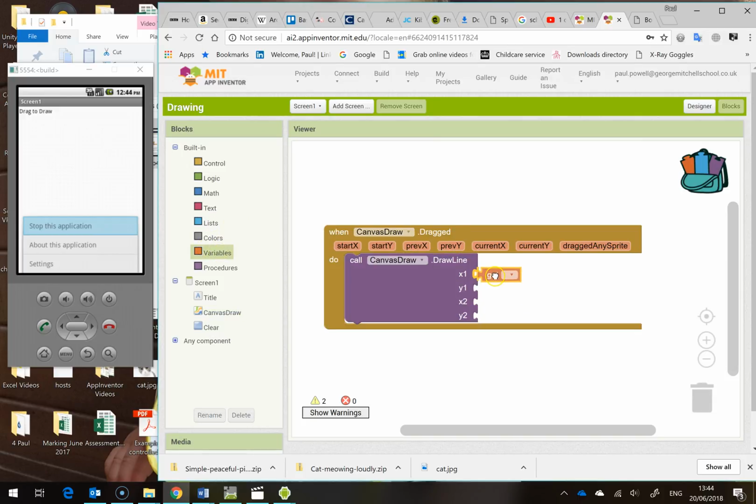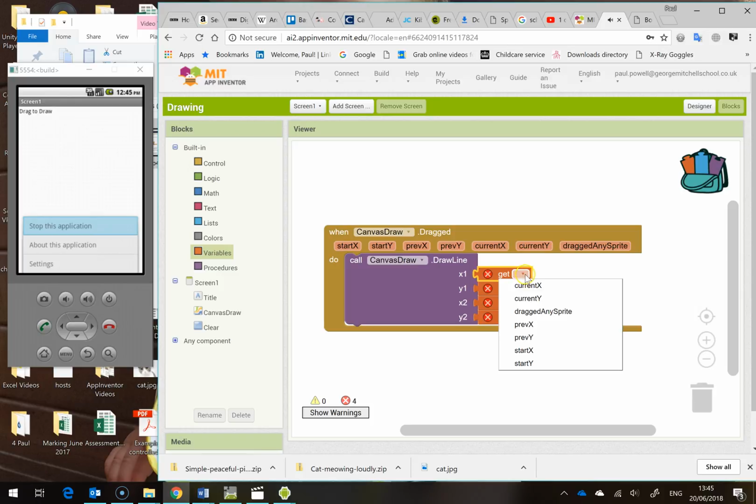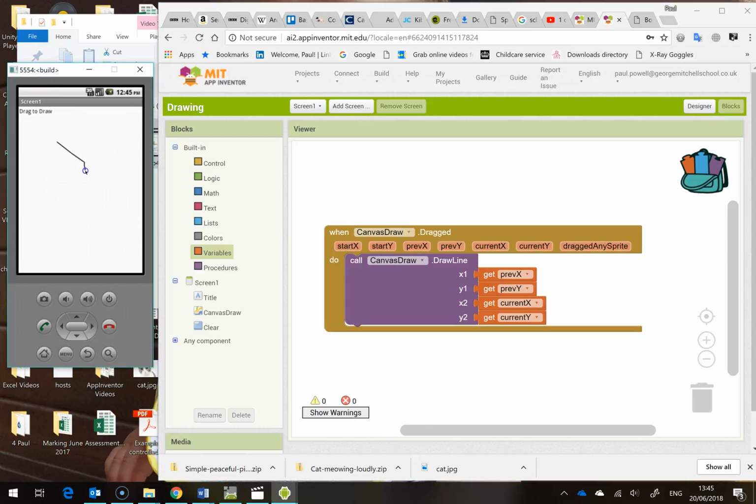Variables, so all of these are going to be get, and I'm going to duplicate that across like that, and I'm going to select the previous x and the previous y, the current x and the current y. So that should be working straight away, and you can see I can start to draw lines on here, and that works very nicely. Last thing I want to do is have a look at my button, clear button,